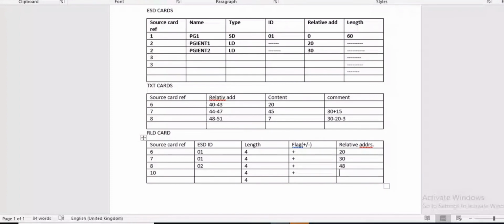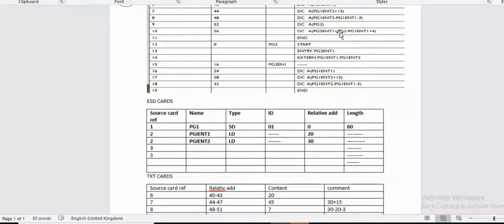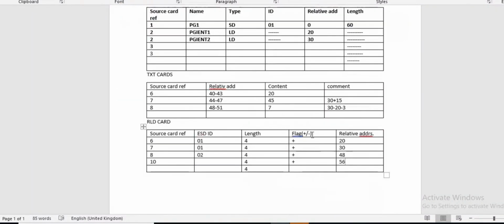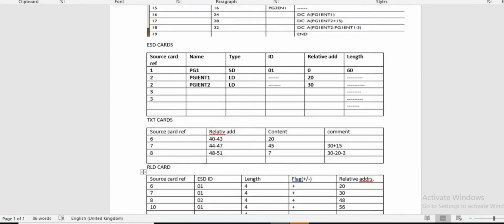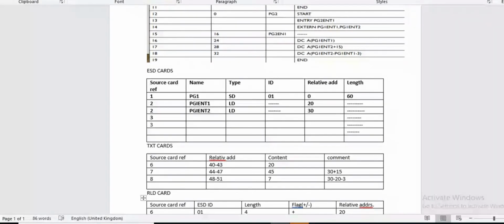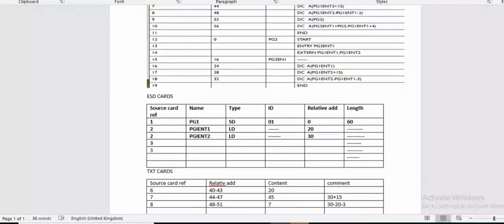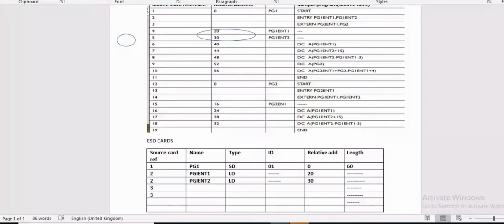And the ESD ID number, what is this? This is of type PGIENT1. What is PGIENT1? This is of type local. For local, you have to assign 01 as the ID, which is already assigned to PG1. So here we have to write down 01. After that, there is the end of the first program, that is line number 11.